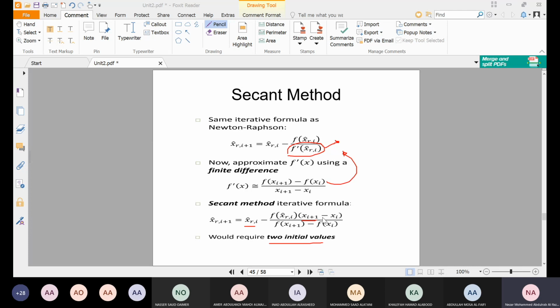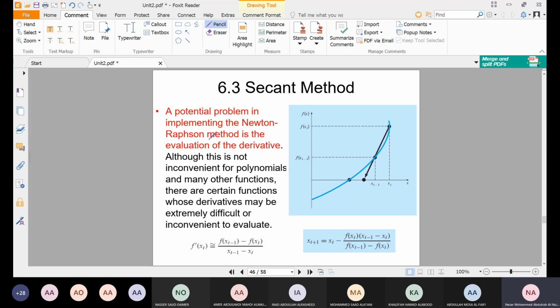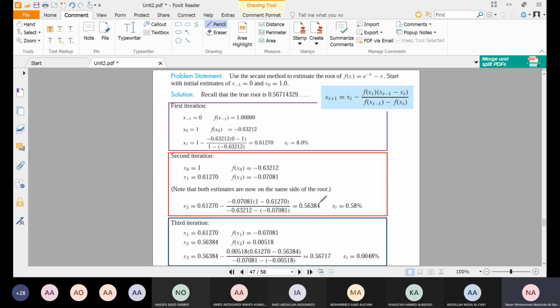We also call this one of the good methods that we'll use. As we said before, the problem with Newton's method is the derivative. So we solve this problem by developing this second method, and this is its form. Let's do this example, the same example we had before. Use the second method to estimate the root of f of x equals exponential